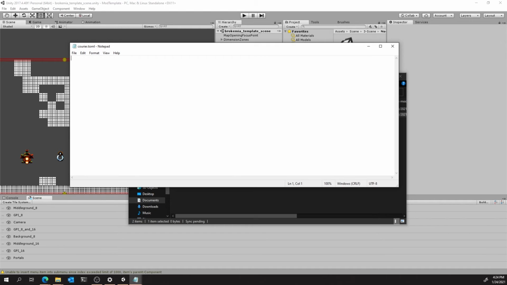And so we're going to choose the name of our mod. So this is also important to be unique. Again, I'm going to stick with Brochemia template. This is not what the user will see, so you don't need to worry about spaces or whatever. This is just for internal purposes. Then you're going to choose the version. You probably want to start with 1.0.0,